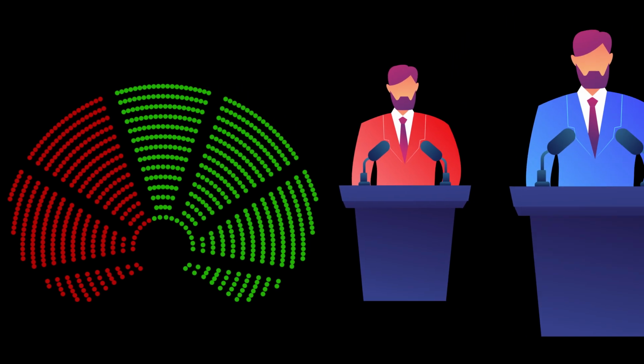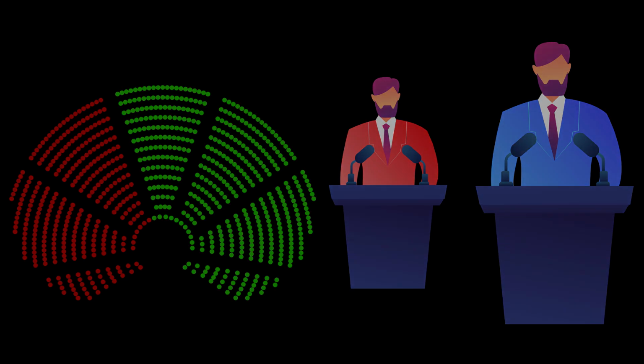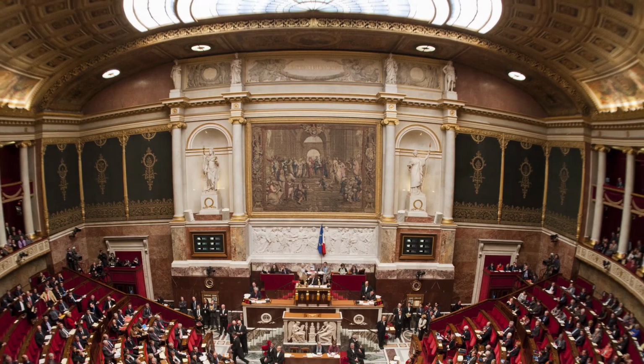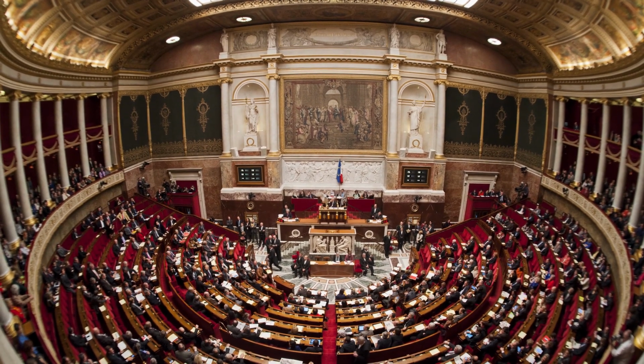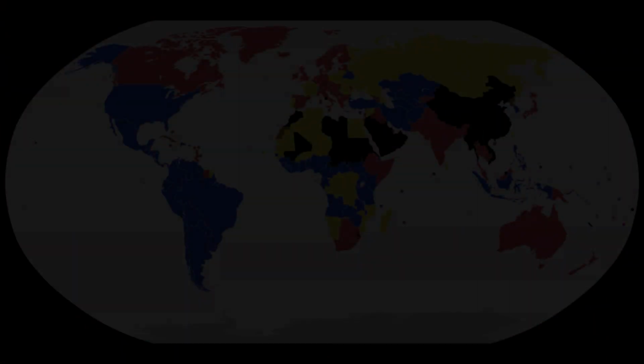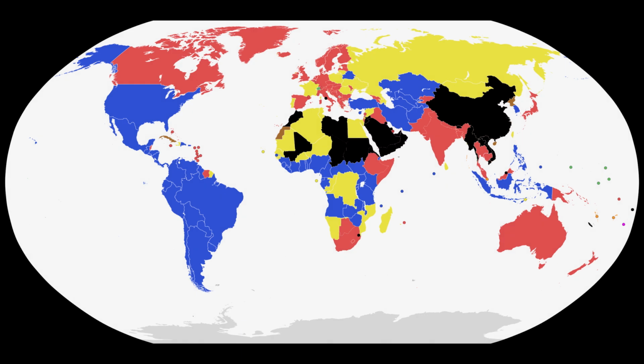In the former case, only the parliament possesses the authority to remove the prime minister and cabinet through a vote of no confidence. However, in the latter case, the president retains the power to dismiss the prime minister and cabinet. France stands as one prominent contemporary example of a country employing the semi-presidential system. In conclusion, presidential, parliamentary, and semi-presidential systems represent various forms of government within modern democracies.